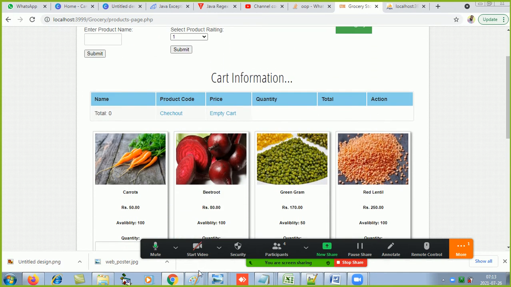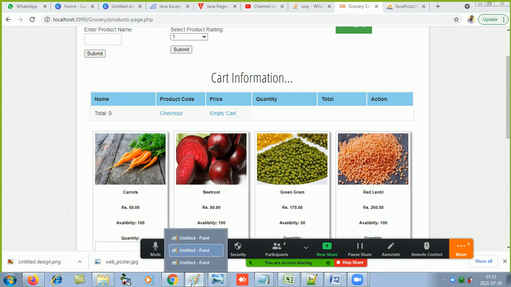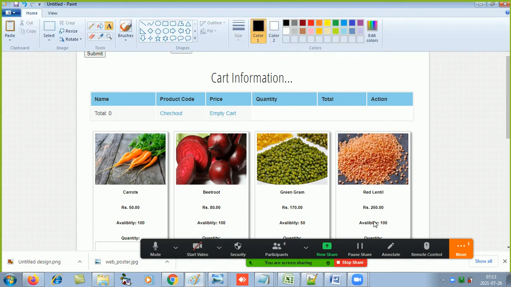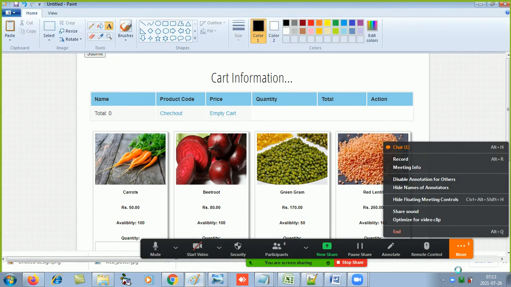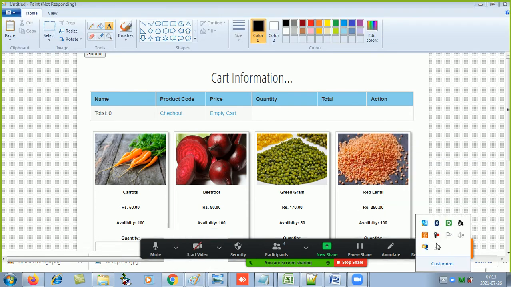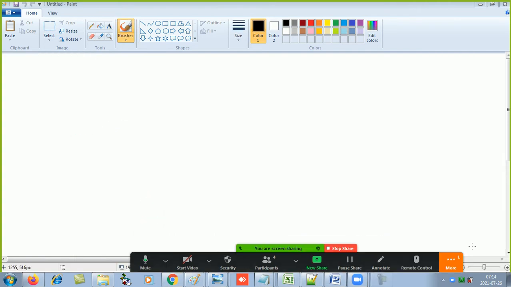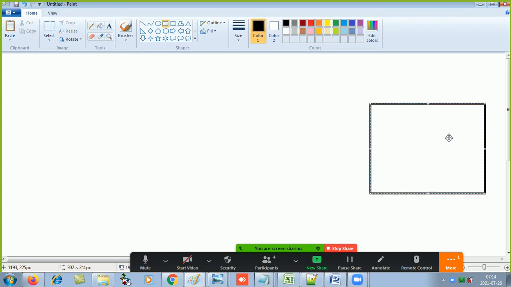As I was telling you all yesterday, we have a database.